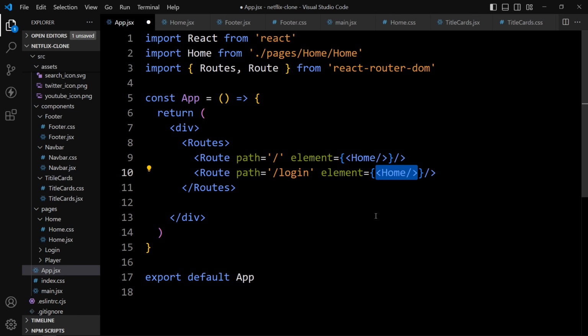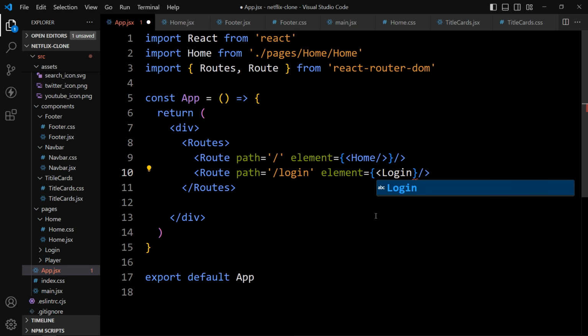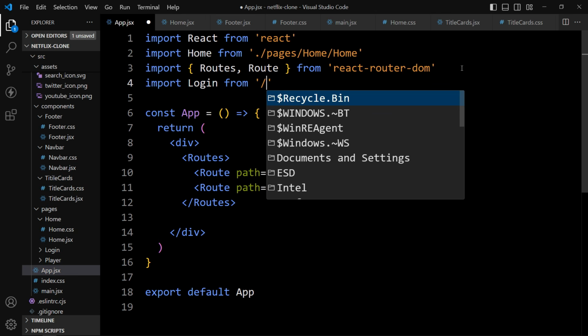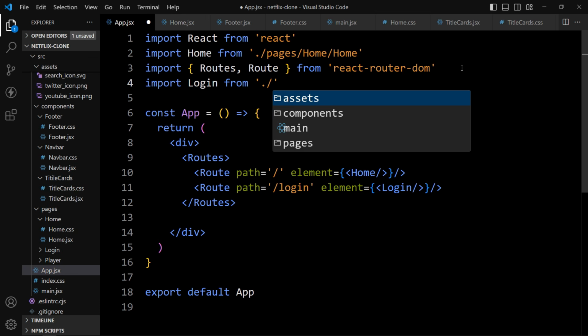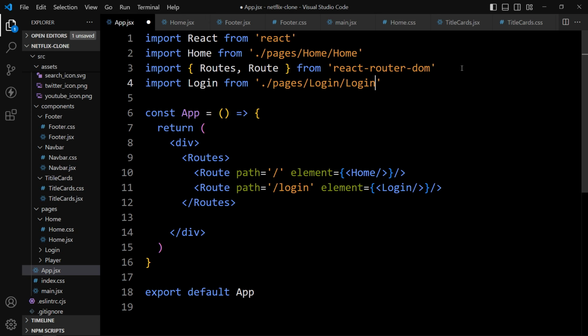So we have created the login component, so simply import it. We will add Login. We have to import this Login. So here we will add import Login from ./pages/login/login.